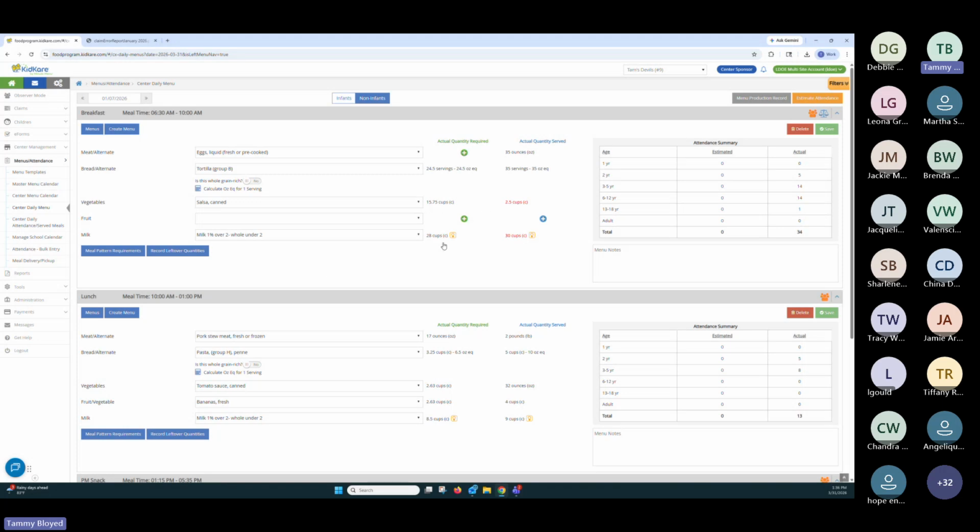So this is actually a non-compliant breakfast because you do not have a fruit component. You can absolutely serve salsa on the burritos. Chances are it is not your fruit component for the morning. So this would be considered an extra. So unless you served applesauce or peaches or something like that with your burritos, this is a non-compliant meal. Please do not tell us that you serve 16 cups of salsa to 34 children. We know better. So we're going to leave that error there and allow KidKare to disallow that meal.